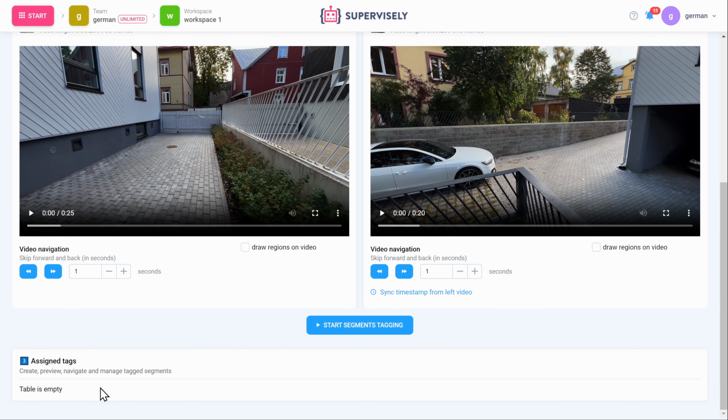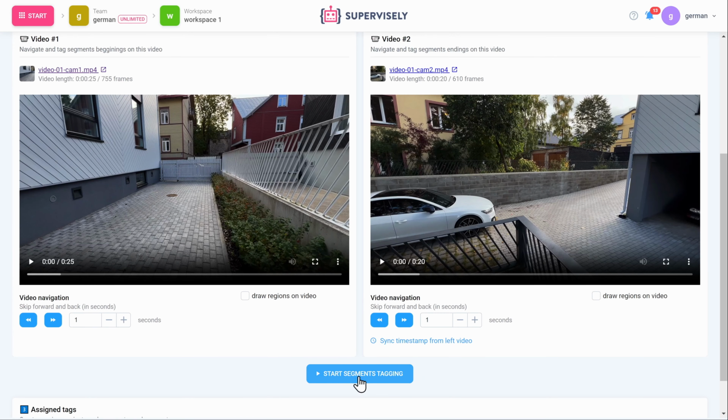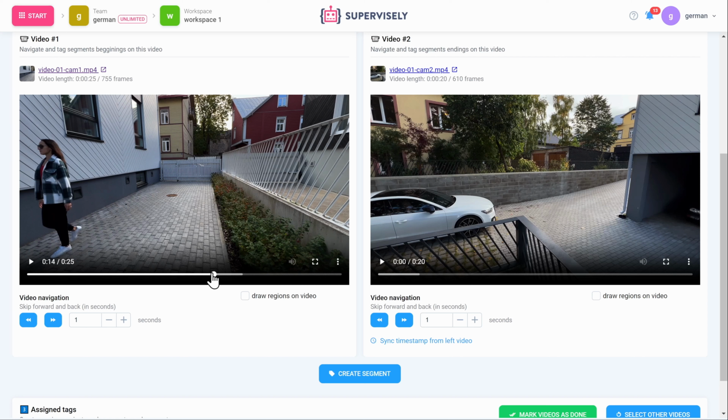I have none, so let's create one. In my case, I'd like to create a segment in which the person enters and exits the pavement area. The left video's playhead serves as a starting point for a new segment, while the playhead of the right video marks the ending timestamp. If you have any annotations that will help this process, you can check the Draw Region